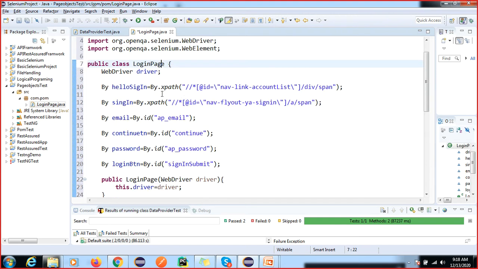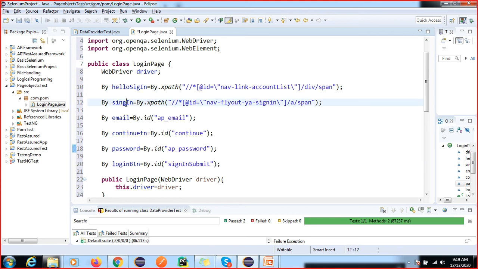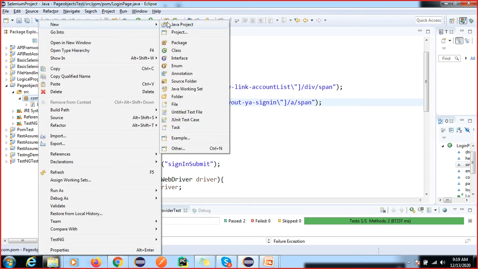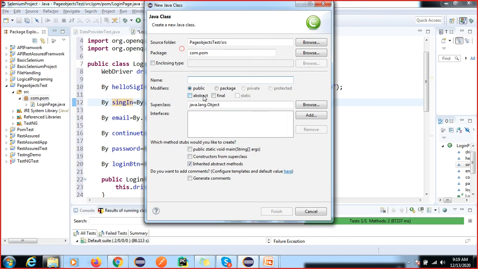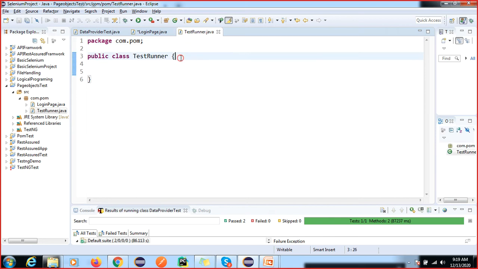In the future, if anything is going to change, we can just change it here, right? We will not go for another class or have to do changes elsewhere. Now we will create one more class that is called test runner class. Inside this test runner, we have to perform all the operations.